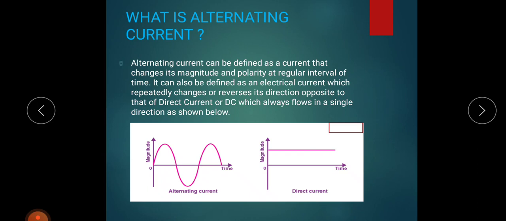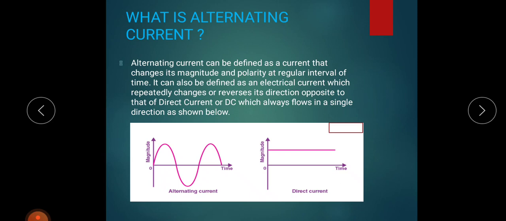From the graph we can see that the charged particle in AC tends to start moving from the 0. It increases to the maximum and then decreases back to the 0 after completing the one positive cycle. Here this point to this point is regarded as one complete cycle of the alternating current.